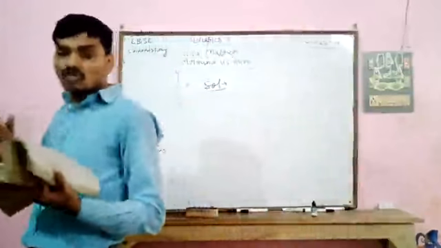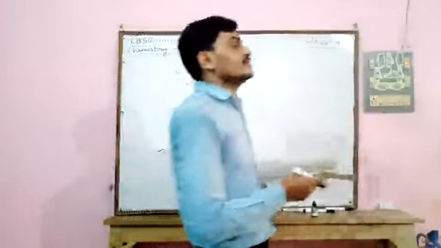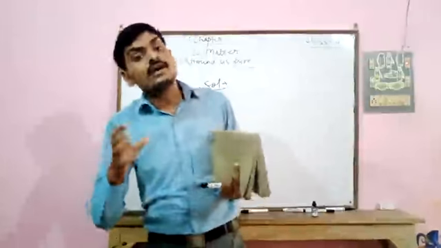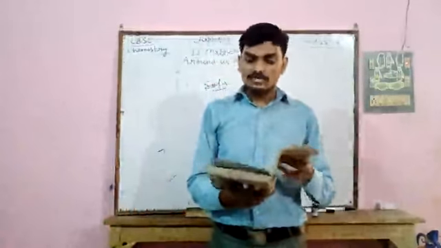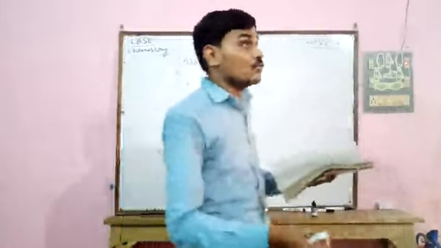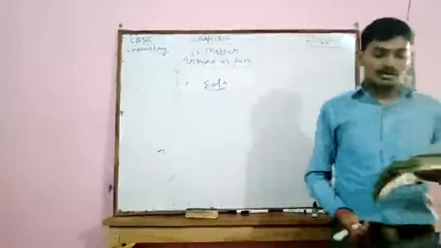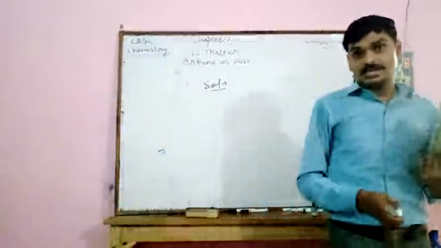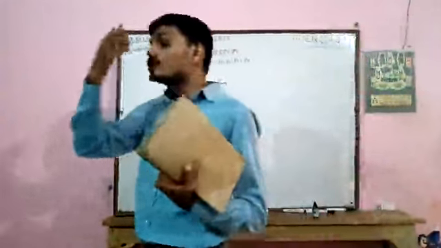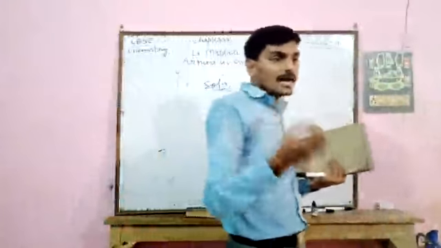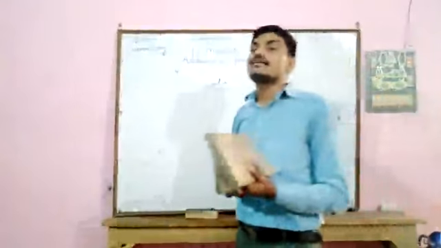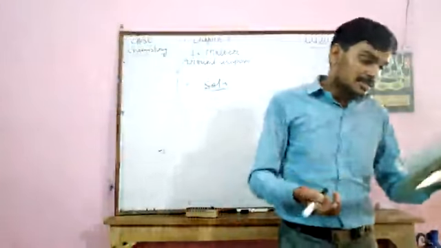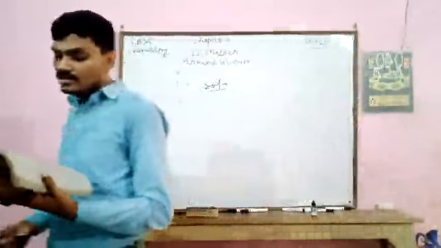Now second one is solid Sol. Solid in solid. That is, a mixture of solid in solid in a colloidal system is known as a solid Sol. For example, colored gemstones. Now next one is aerosol. Solid or liquid in gas. That is, in a colloidal system, if we put any solid or liquid particle in a gas, then it is known as an aerosol. For example, fog, mist, cloud.